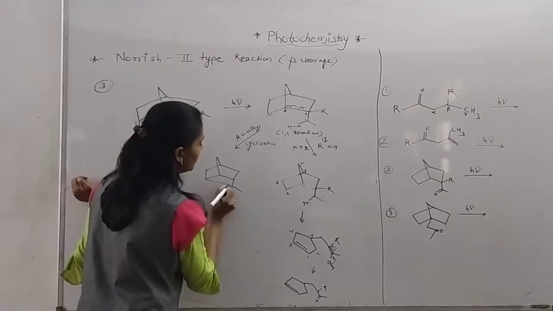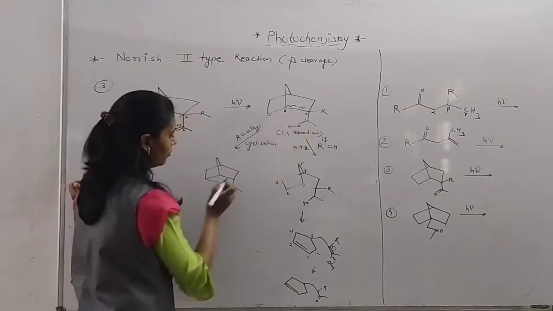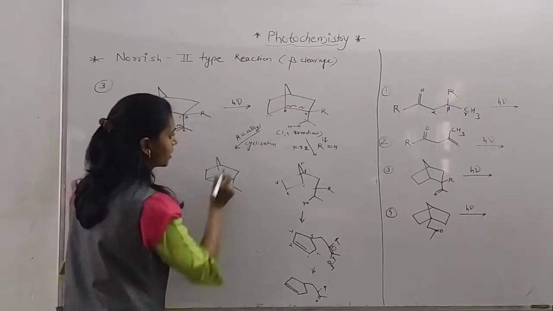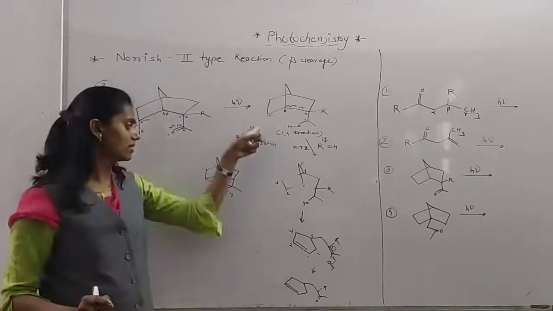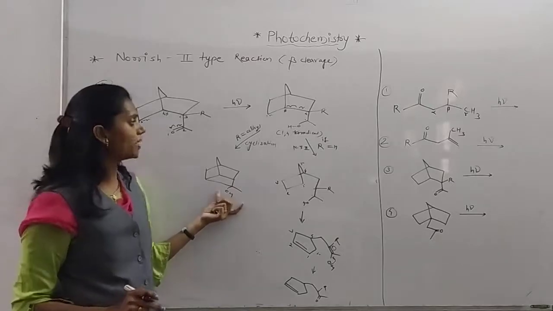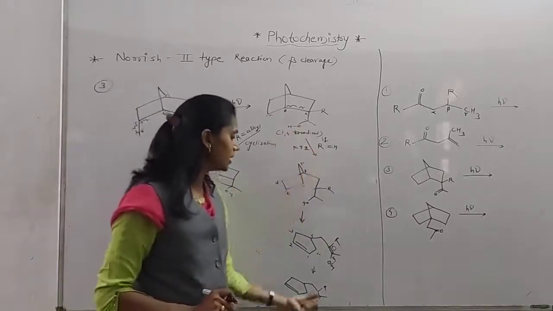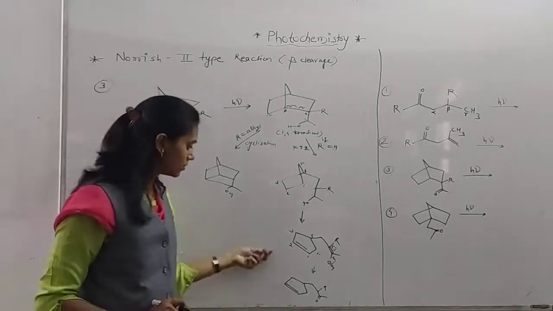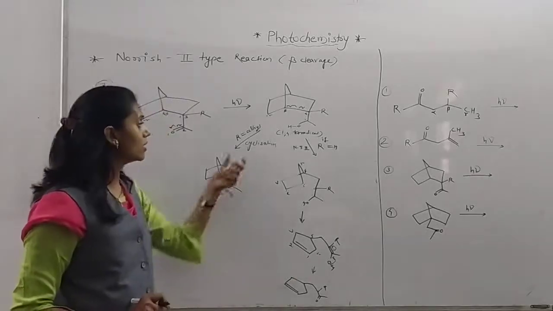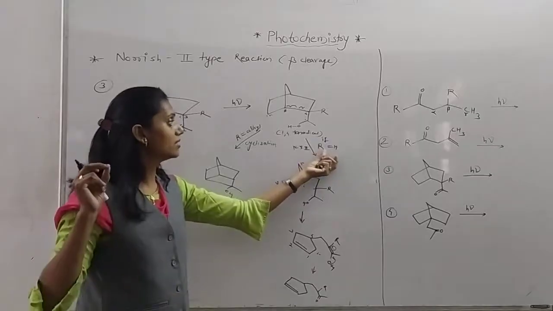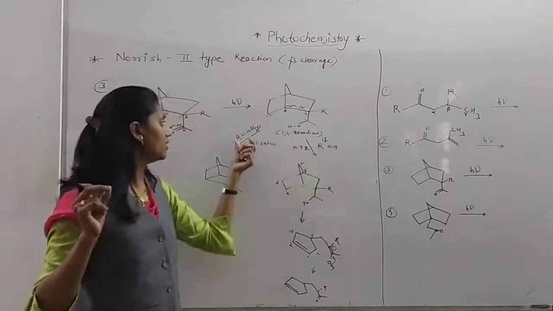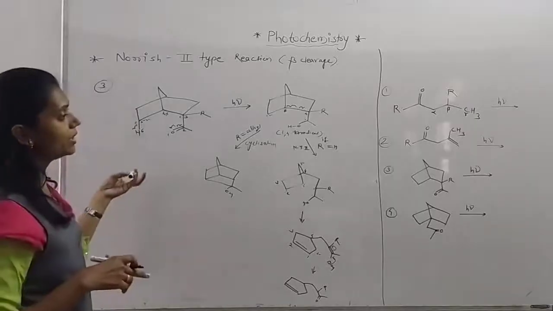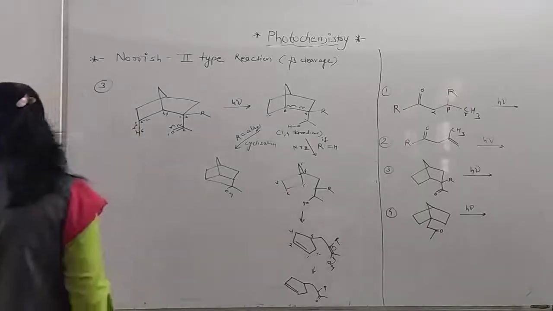This is enol and this is bond formation at this place. This is our major product. In which case, if R equals alkyl group, then this product will be obtained, and if R equals H, then this product will be obtained. Both products are the preferred product for the given cases, if R equals H and if R equals alkyl. Okay, so now we go through the next example.